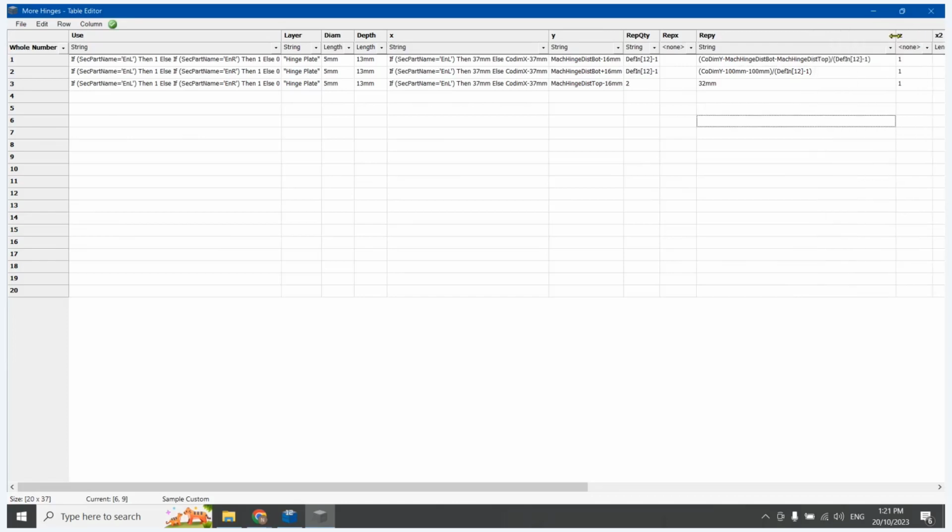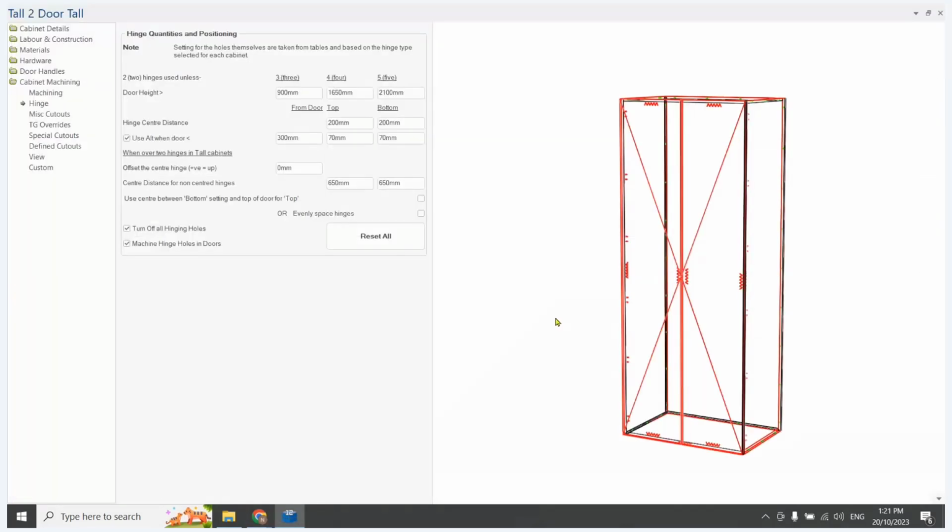And again, it is absolutely vital you get that spelling correct. We'll copy and paste that into there, and we'll very quickly see if we got that correct. When we save and close and refresh our drawing again,